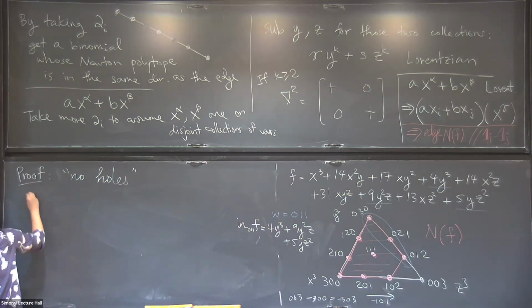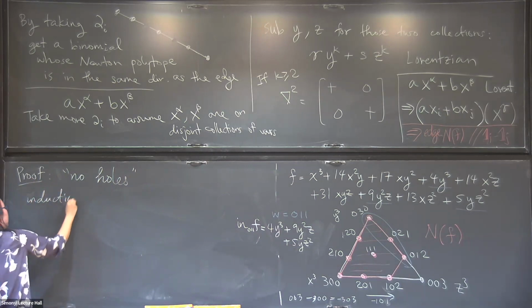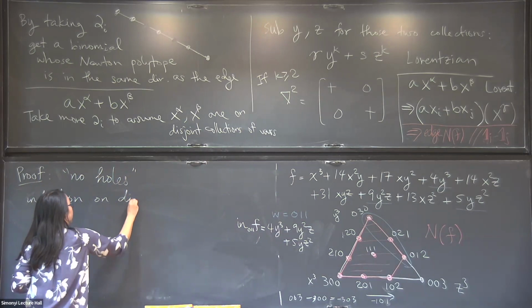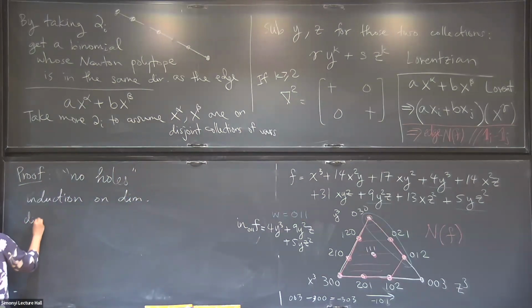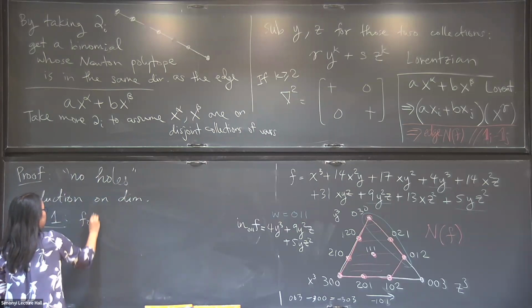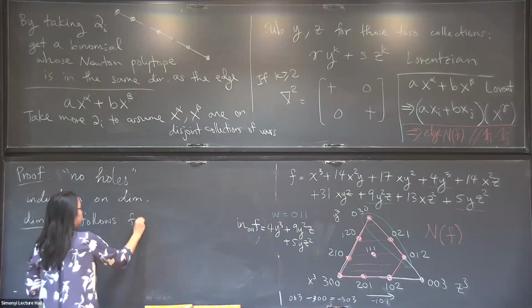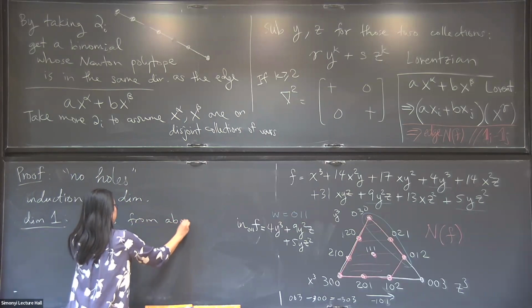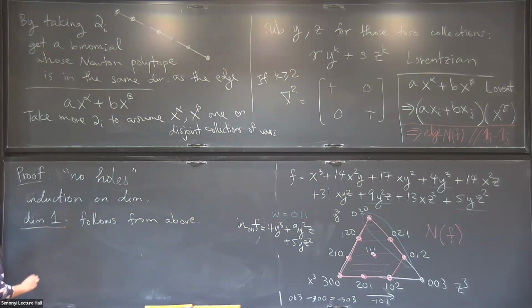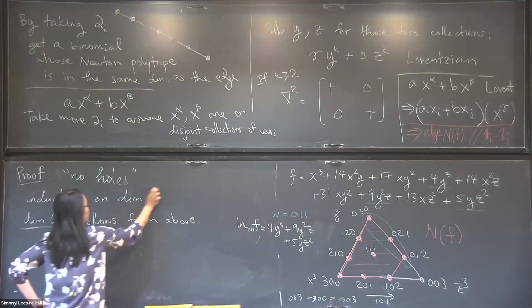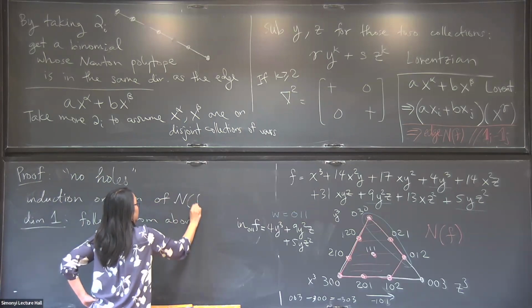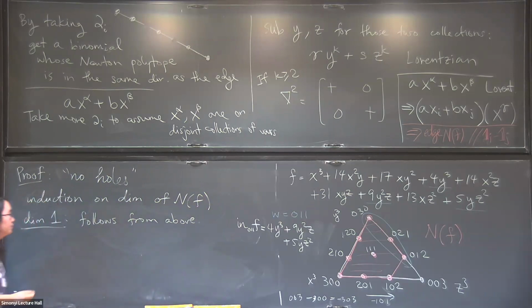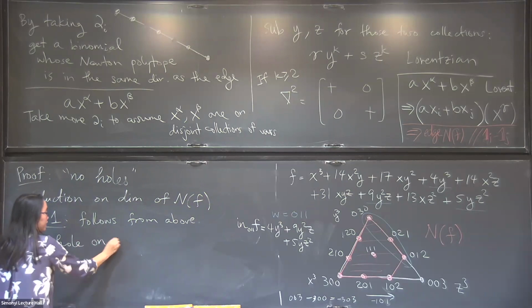So it is going to be induction on dimension. Dimension 1 follows from the discussion above. And then, if there is a hole in the dimension of the Newton polytope, on a face on the boundary,